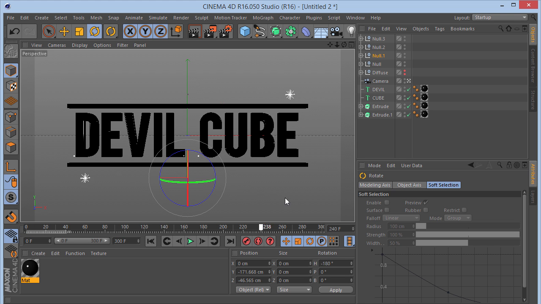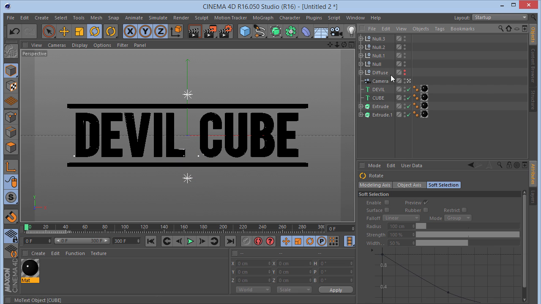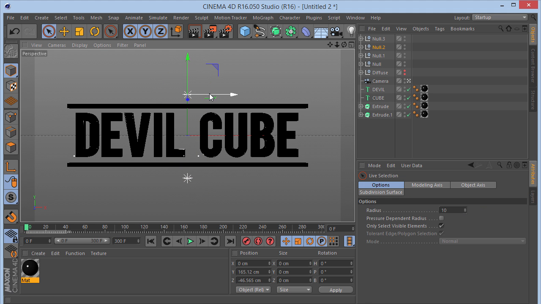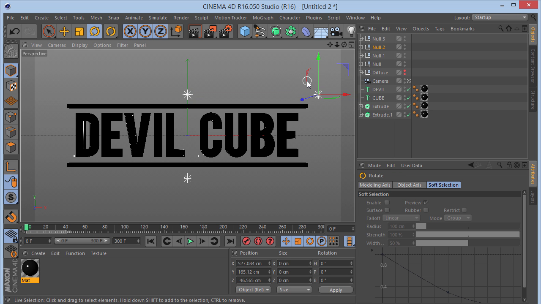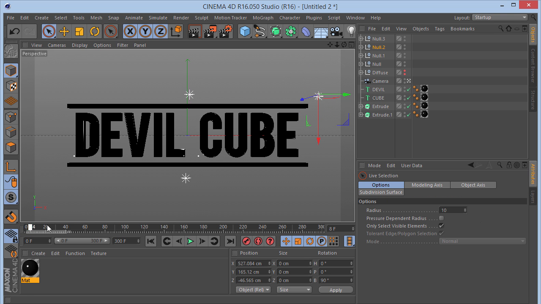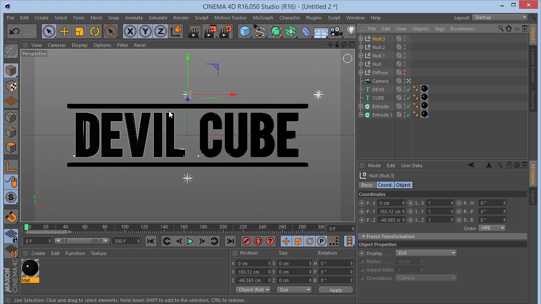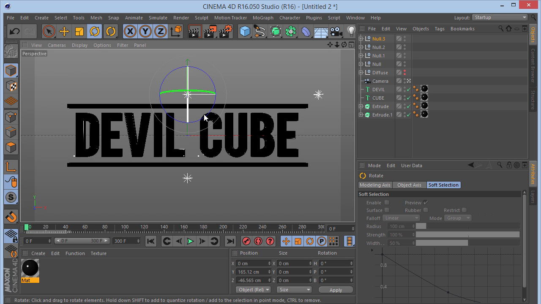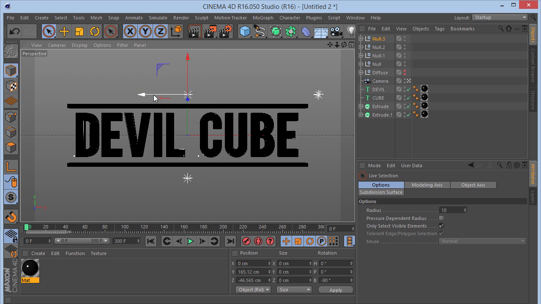Okay, and we can take this null and move it here to the side, hit R, and rotate this in the opposite direction, so say 90, and if we play this, it goes down. That's amazing. And we can take the other one, hit R, and rotate it in the opposite direction, so -90, and we can move this over here, and we can bring